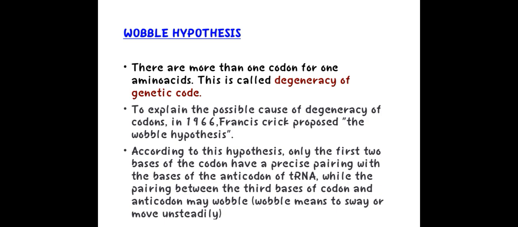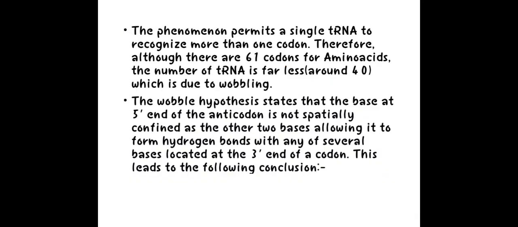According to this hypothesis, only the first 2 bases of the codon have a precise pairing with the bases of the anticodon of tRNA, while the pairing between the third base of the codon and the anticodon may wobble. Wobble means to sway or move unsteadily. The phenomenon permits a single tRNA to recognize more than one codon. Therefore, although there are 61 codons for amino acids, the number of tRNAs is far less, around 40, which is